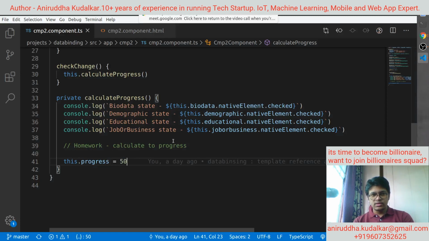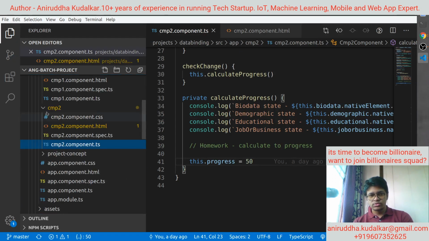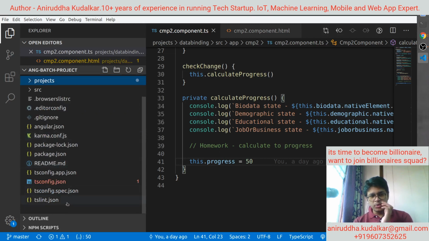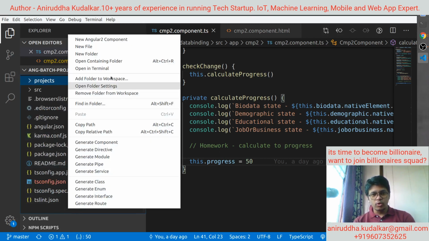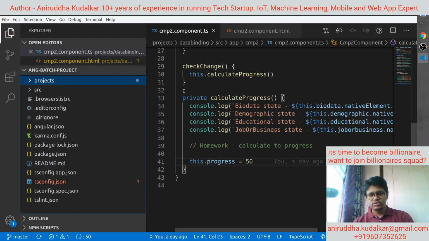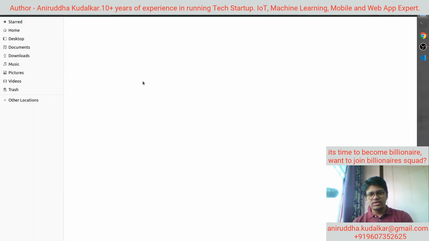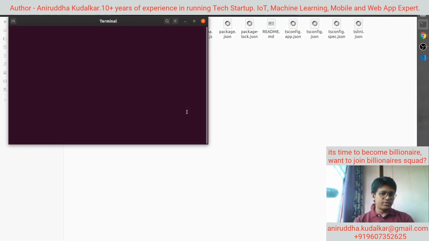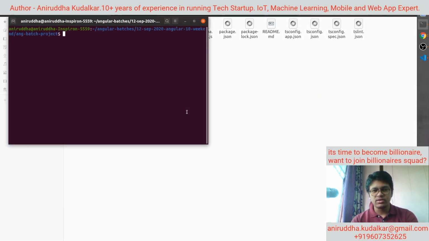And let me start the server. Remember that whenever you start the server, don't start it in Visual Studio, right? So create new or open it in the, I'm talking about Linux. If you are in Linux, just go to the folder and open in terminal, and you can say npm start --project, and you can name the project data